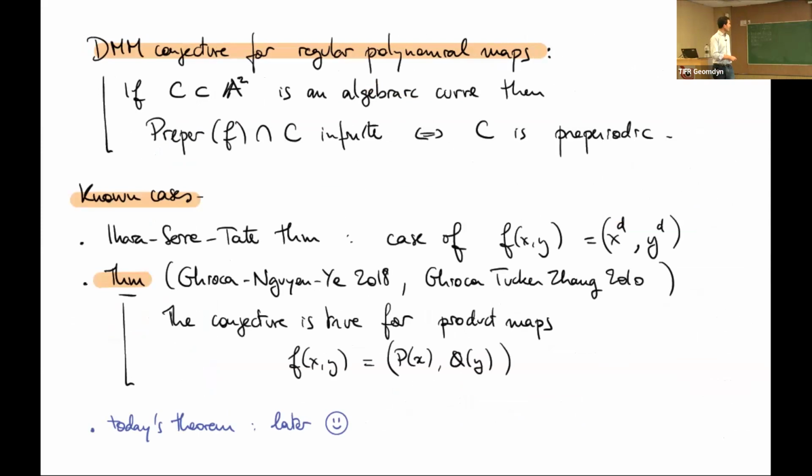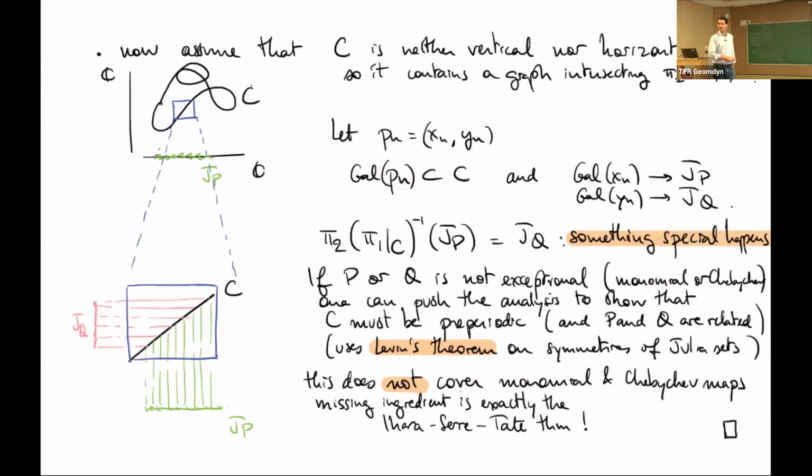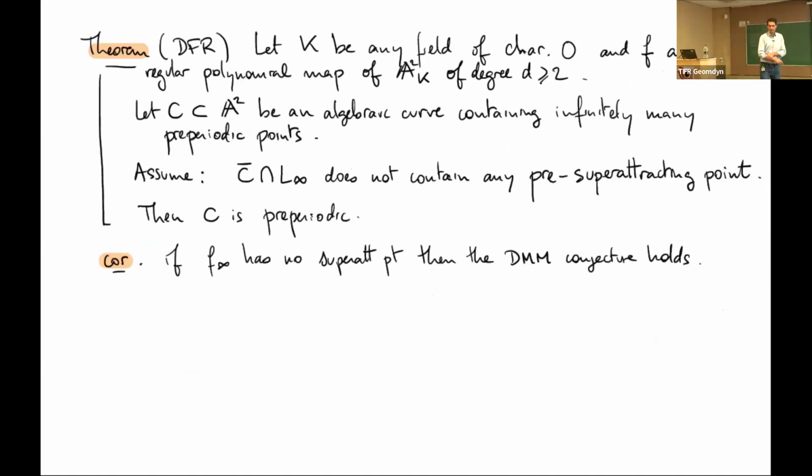So this theorem is true for rational maps, but then it's not a map on P2, it's a map on P1 cross P1. But it's the same idea. But then you really need the maximal entropy measure and the Levin theorem. Okay, so that's our theorem. So I come to a result. So our theorem with Matthias, with Charles and Matteo, sorry. So take any field of characteristic 0.